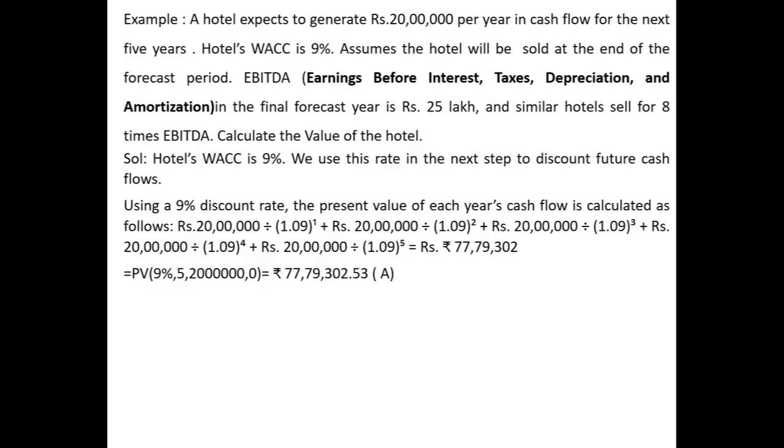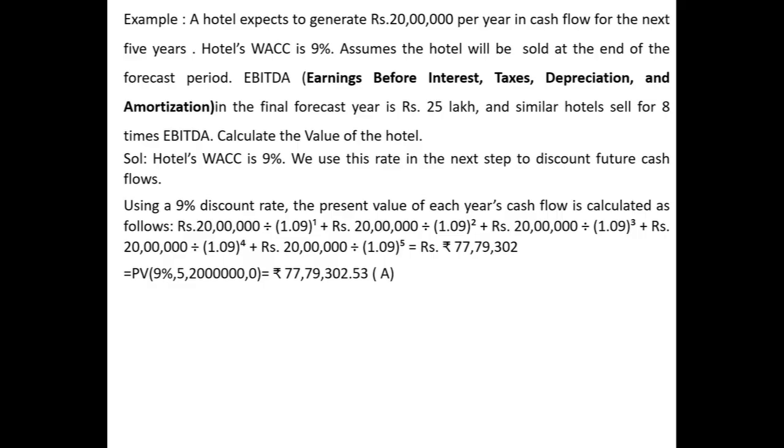So you know what we have to do. First year's income 20 lakh will be divided by 1 plus r raised to power n, where r is 9%. The present value factor is 1 over 1 plus r raised to power n, means divided by 1.09 raised to power 1. Then in the second year, 20 lakh divided by 1.09 raised to power 2. In the third year, 20 lakh divided by 1.09 raised to power 3. In the fourth year, 20 lakh divided by 1.09 raised to power 4. In the fifth year, 20 lakh divided by 1.09 raised to power 5. And if you add all these, it will come out to be 77 lakh